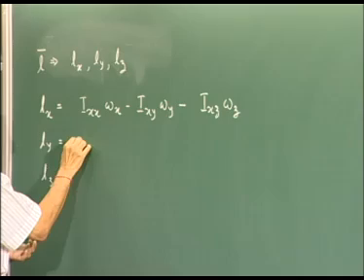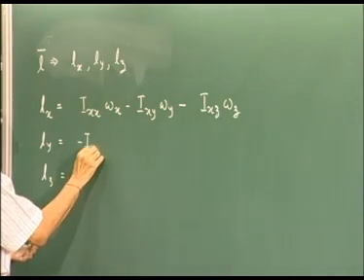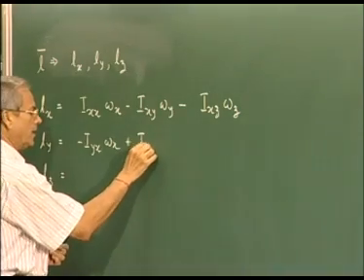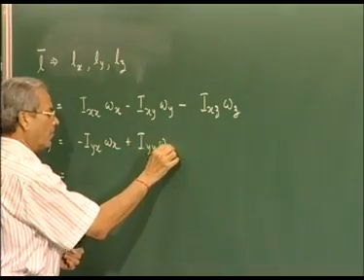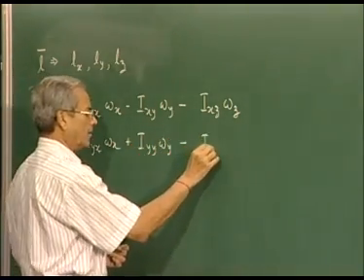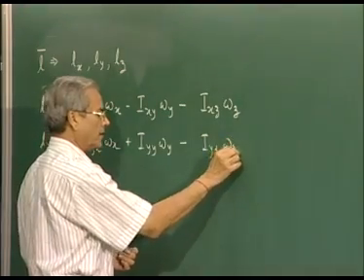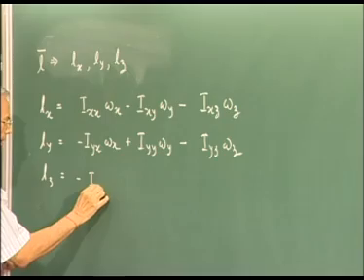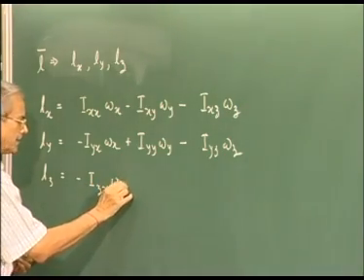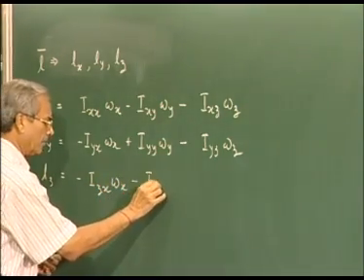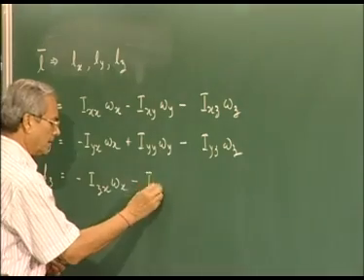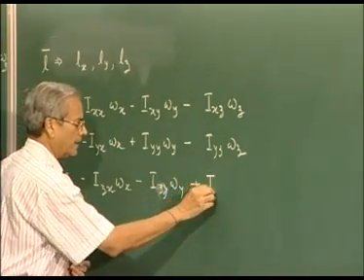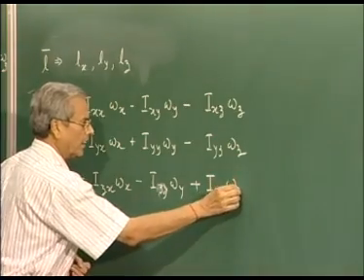We can express this as minus Iyx omega x plus Iyy omega y minus Iyz omega z, and this component as minus Izx omega x minus Izy omega y plus Izz omega z,